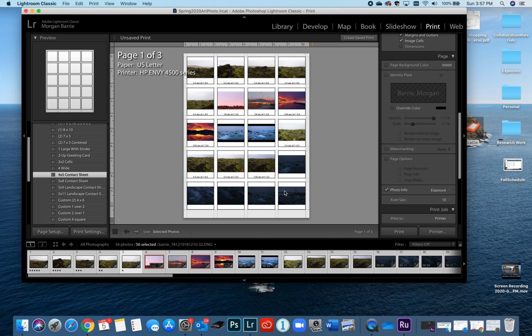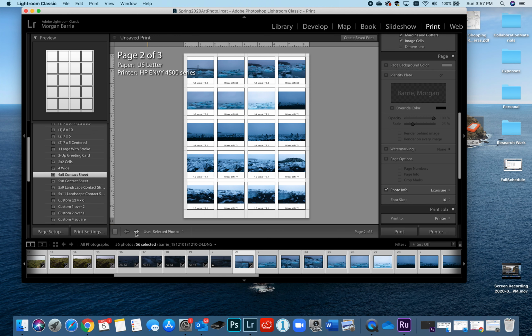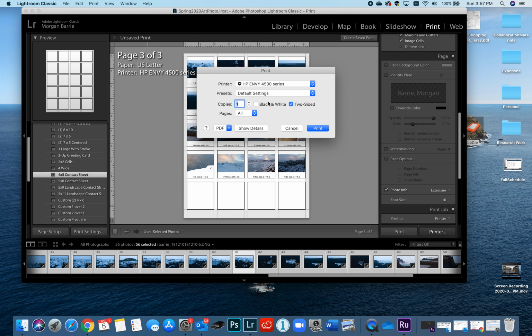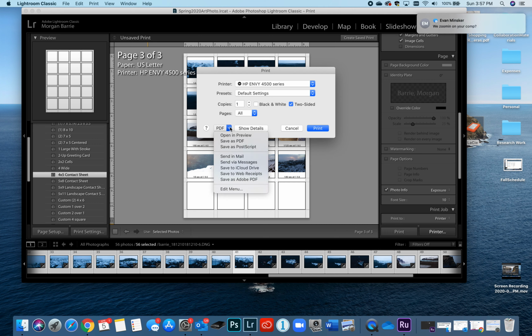And you can see it's not showing for all these files because they're actually video files. I'll flip between my pages to make sure things are looking good, and they are. So at this point, I'm going to not hit print, I'm going to hit printer. So that will just call up my home printer here, which I obviously don't want to use. And I don't actually want to print it. I really just want to,